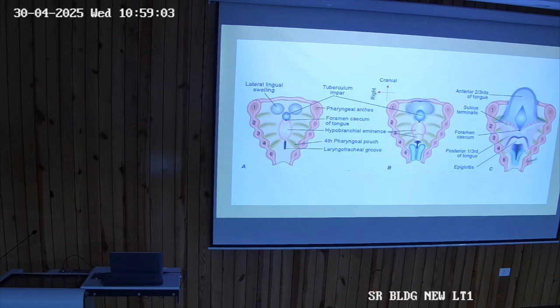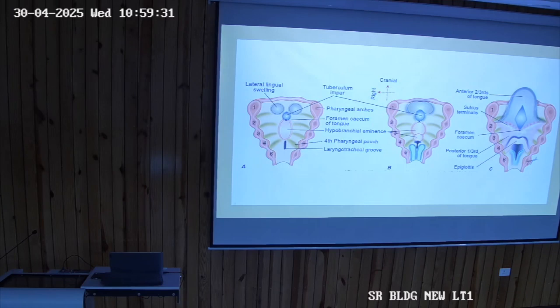The posterior most part of the tongue is formed by the fourth pharyngeal arch. Nerve of the fourth pharyngeal arch, vagus. The superior laryngeal nerve is going to supply the posterior most part, and here taste sensation is also carried by these nerves. Okay, in the posterior 1/3 part, taste sensation is carried by the glossopharyngeal and the posterior most part by the vagus. In the anterior 2/3 part, there is a different nerve for that, that is chorda tympani.